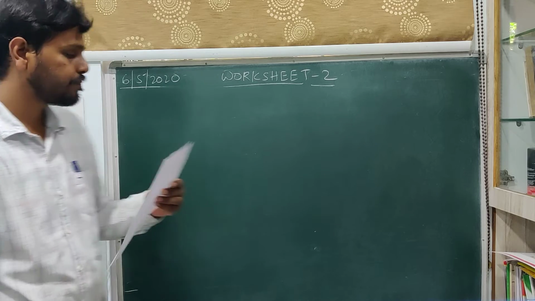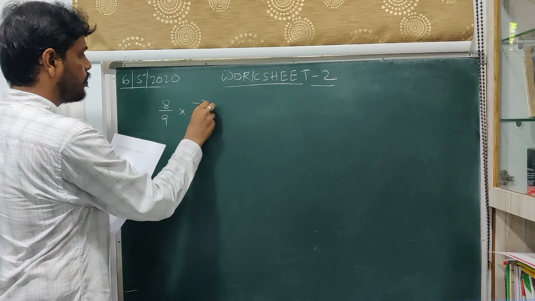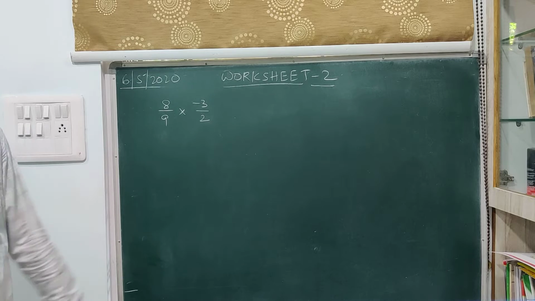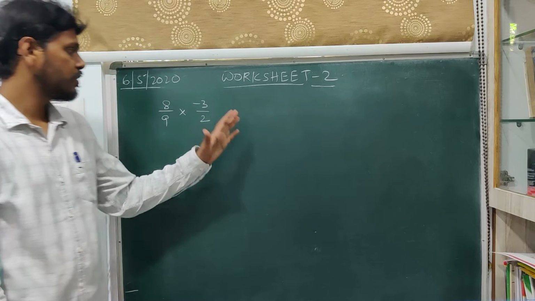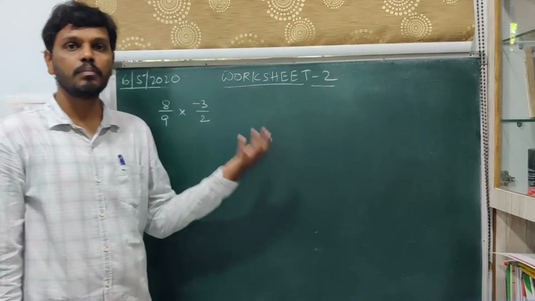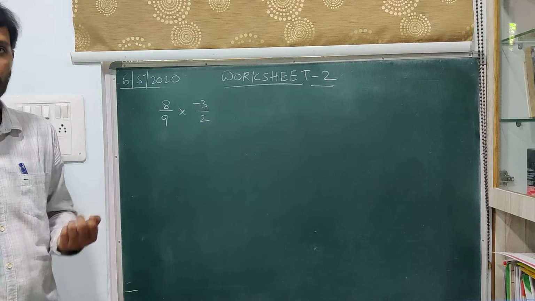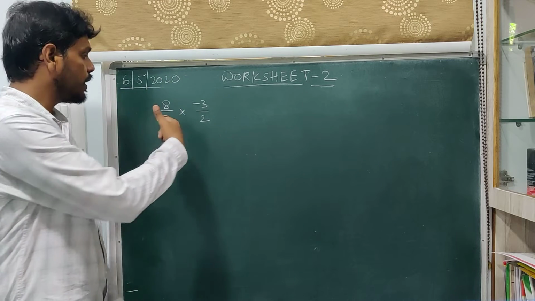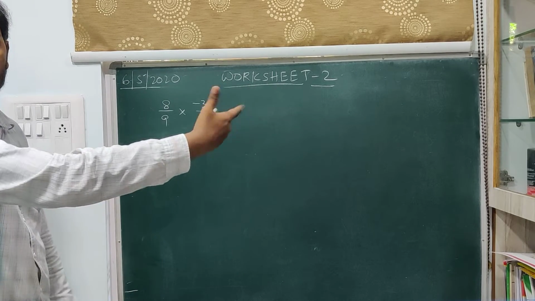Okay, look into the first one. 8 by 9 into minus 3 by 2. Now what you might have done, as per the discussions that we had in the previous class, is multiply numerators with numerators and denominators with denominators, and write the resultants. We did not simplify that, that is, we have not written it in the simplest form. Today we try to write that in the simplest form. So in order to arrive at the simplest form, wherever cancellations are possible, do the cancellations here itself, then the resultant will be in its simplest form.